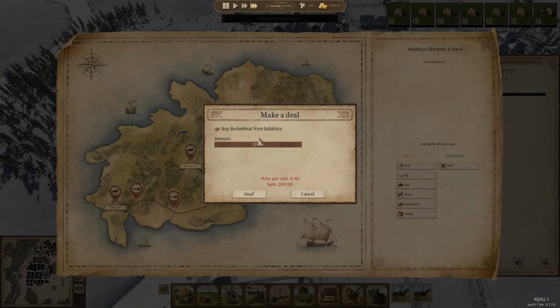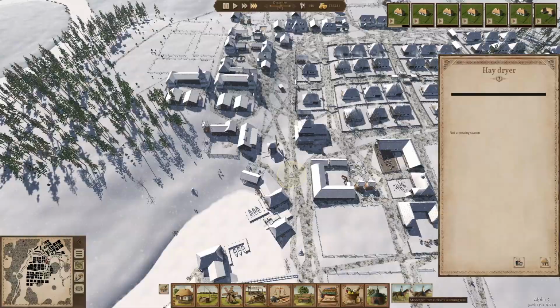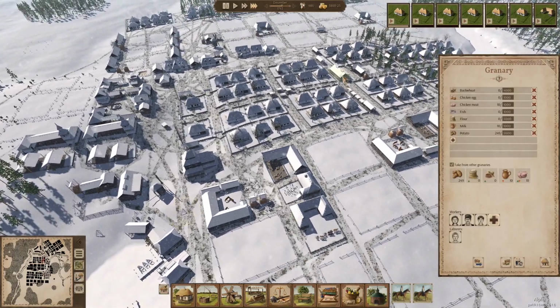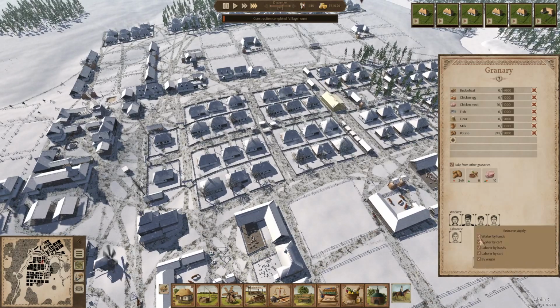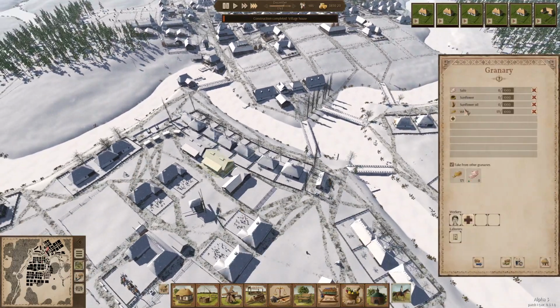So we're being offered buckwheat. We'll go 2,000 buckwheat for 200 money. We'll take a bit of honey because we've got a bit of spare money. 2,000 honey for 200. They're demanding flour. We'll keep our flour, and we won't need anything else. And yeah, that's fine for those traders. Okay, so we just need to work out how to get the buckwheat out of the trading post. We'll add another worker to our granary. I wonder if... So we've not got...